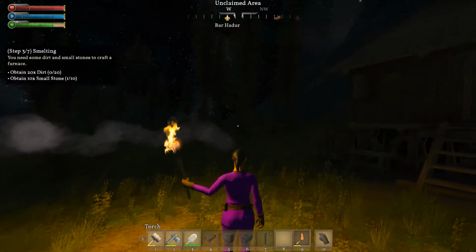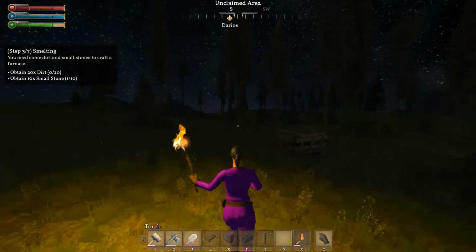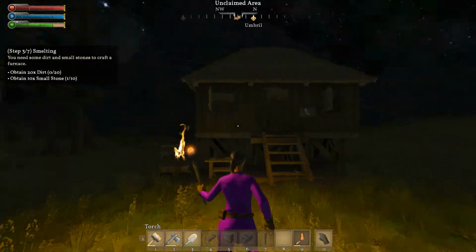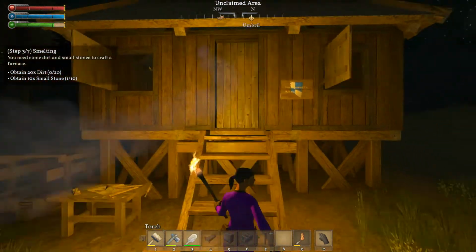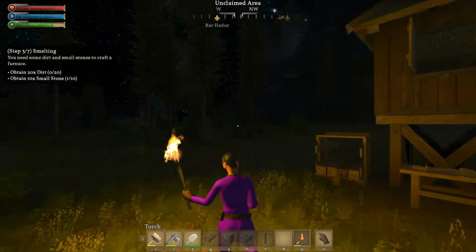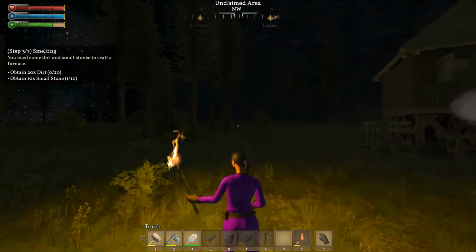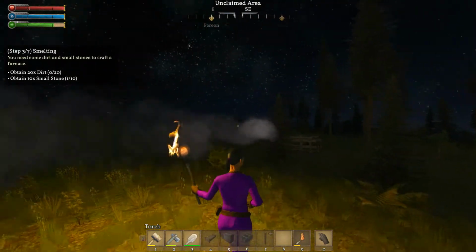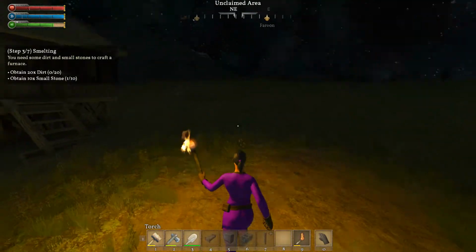So, obtain 20 dirt, obtain 10 small stones. So basically we are going to go and look. Shall we close the door? Let's just close the door. Alright, there we are. And I'm not digging right now because I don't want to destroy anything around here. I think there was kind of like a...